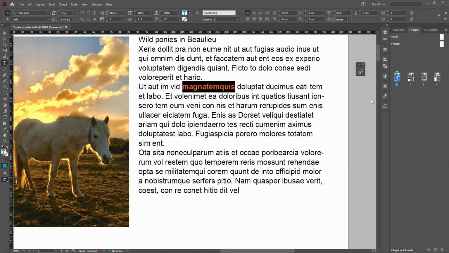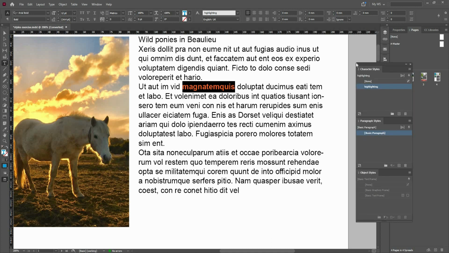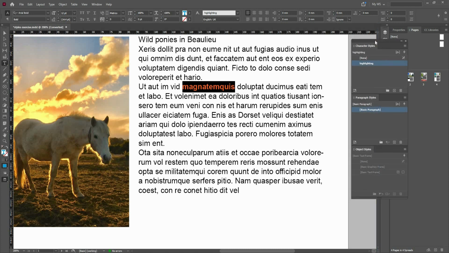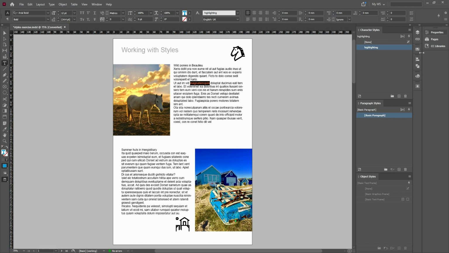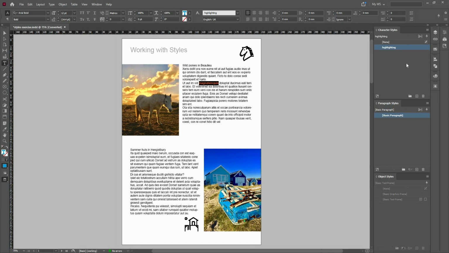You can just drag them out, and you can set separate character style panels, and you can dock them like so. You can hide this panel and make this smaller to save space maybe. Yeah, you can work this way. It's better when you're working with the character styles or anything with respect to styles. That's actually something I would normally do. As you can see now, wherever the text is selected, you'll immediately see the character style here. So if I click on another word,